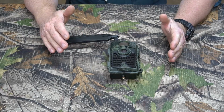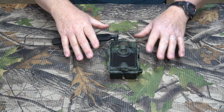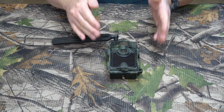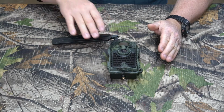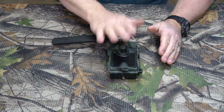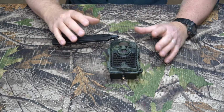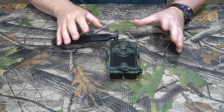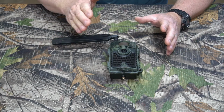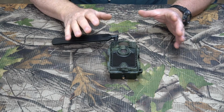Hey, Jungle Explorer here, and today I'm going to be doing a full review of the WingHome 480Ace trail camera. This is a cellular 4G trail camera. It's the first time I've ever done a review of a cellular 4G camera, so it took me a little bit to get used to the whole system, but I spent a whole month testing this baby out for you, and I want to give you a good review of how it did and give you all the important data